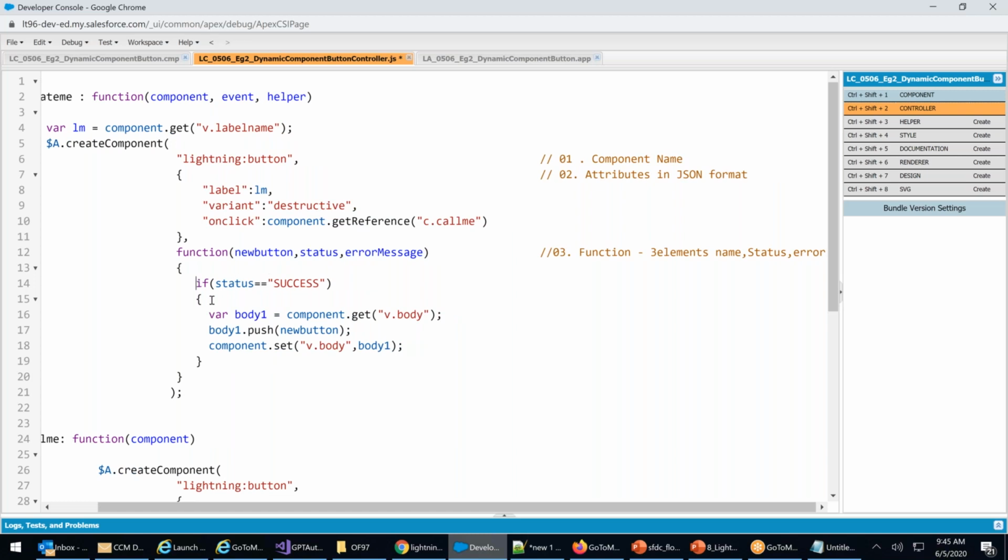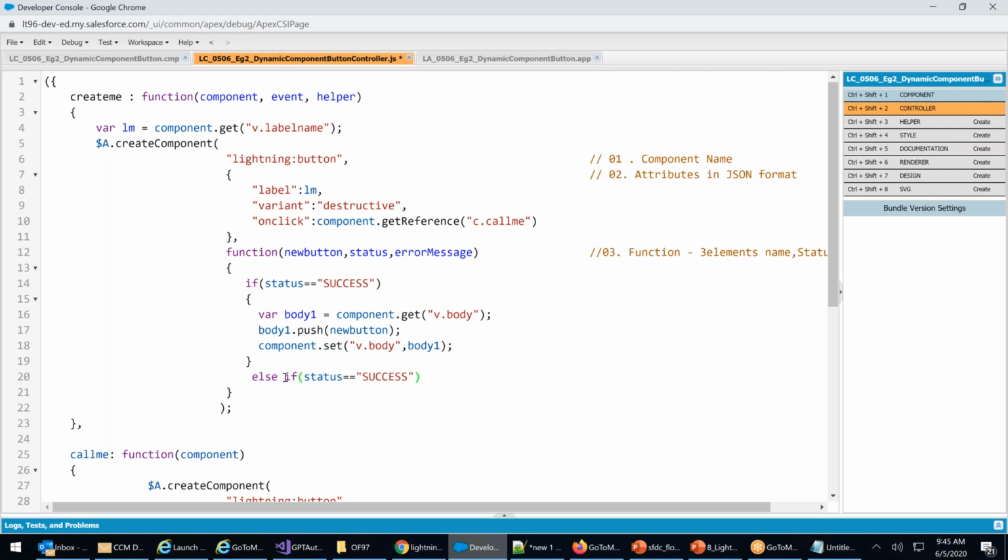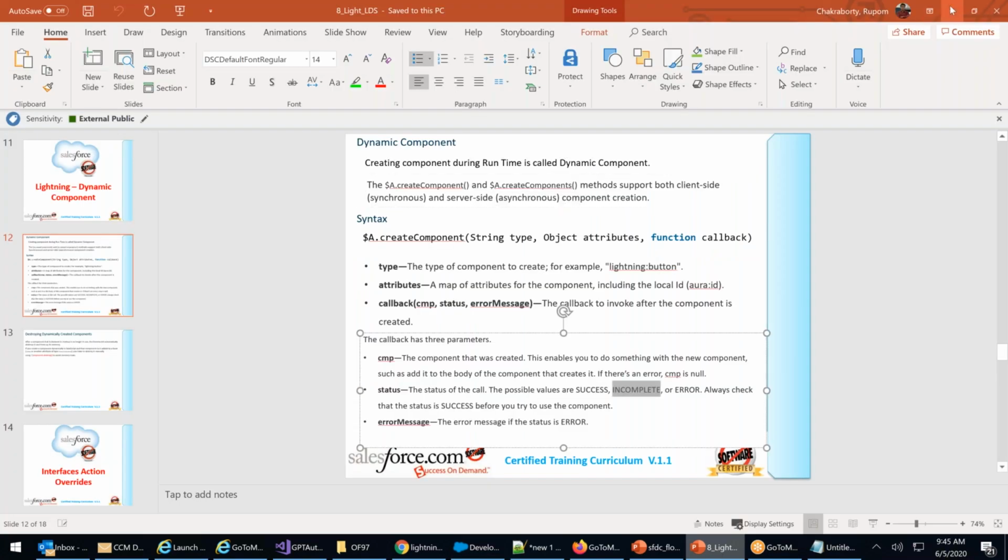Now you can see that. Suppose if this component succeeds, fine; else, I'm going by else if. Status equals what? What are the three statuses I have? It gives you only three statuses: success, incomplete, or error.